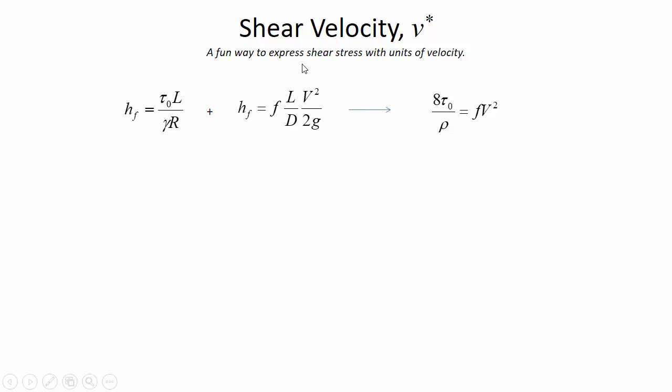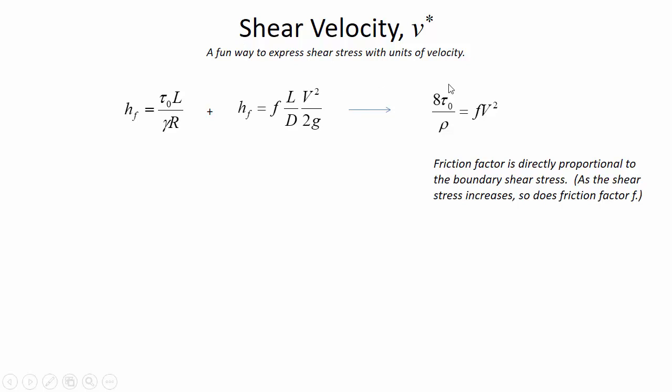Okay, so shear stress is newtons per meter squared. That's the units of shear stress. Well, we can kind of do a transformation of shear stress to get its units in terms of velocity if we combine shear stress with an estimation of energy loss due to pipe friction using the Darcy-Weisbach equation. So what this is saying is if we have the energy loss characterized by the shear stress, and then we set that equal to the Darcy-Weisbach equation, we can rearrange so that we have the friction factor on one side